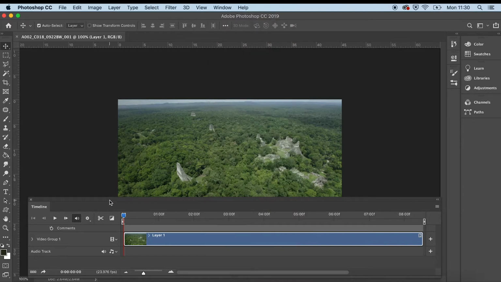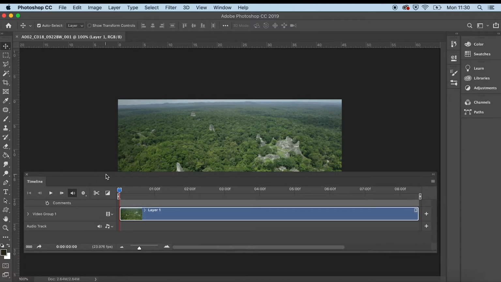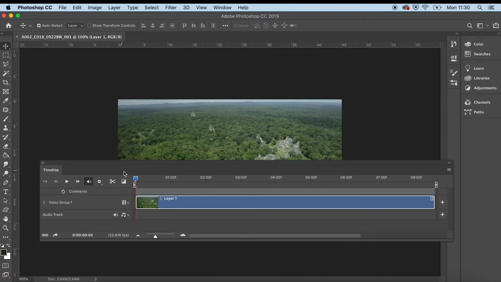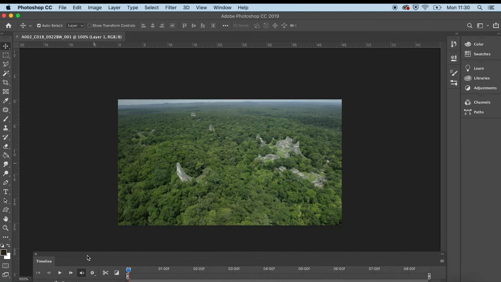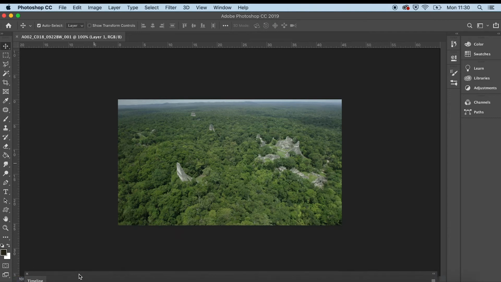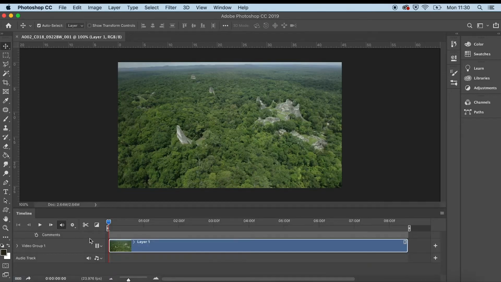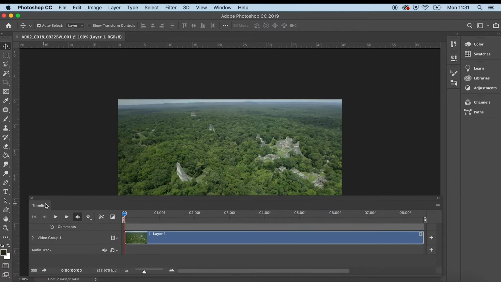Now the timeline can be a free floating timeline like I've got here, or we can dock it to the bottom of the Photoshop window. If I click and drag, when it highlights in blue like that, I can release my mouse and that attaches the timeline to the bottom. I tend to work with a floating timeline, so I'm going to click on the timeline tab, just pull that out,